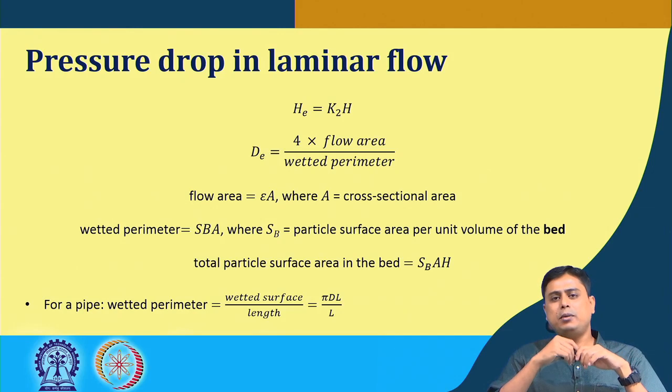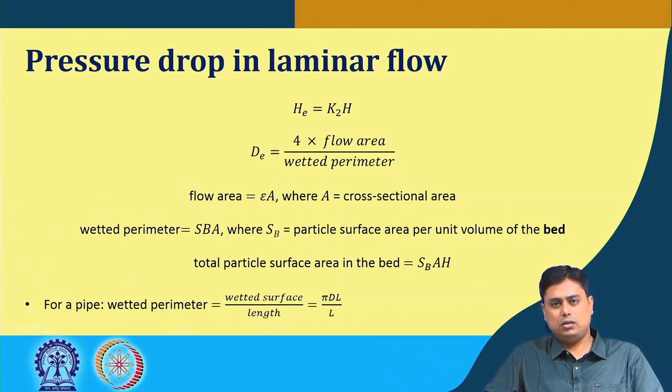The equivalent diameter, or the hydraulic diameter, how do we define it? It is 4 multiplied by the flow area divided by the wetted perimeter. So, wetted cross section by the wetted perimeter. Okay. Now, here